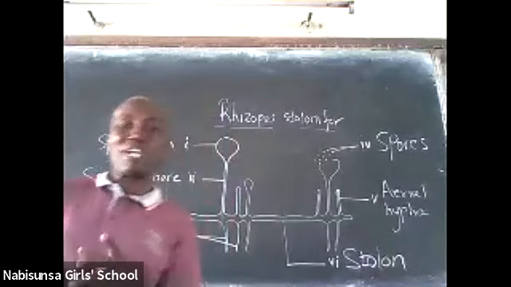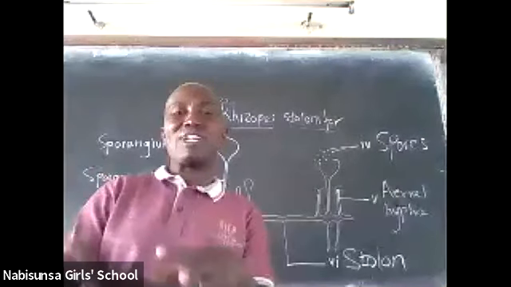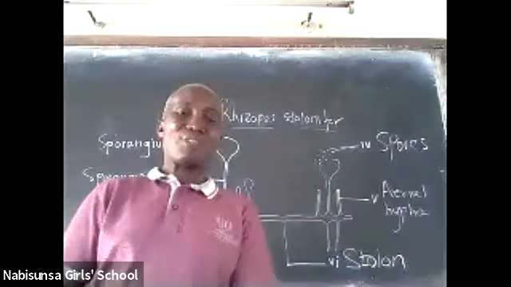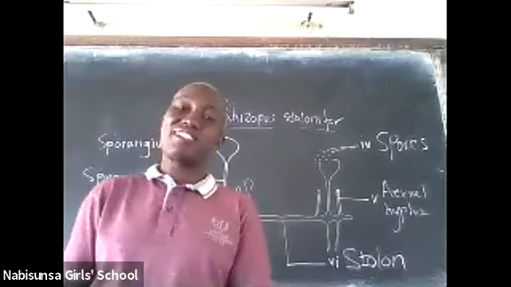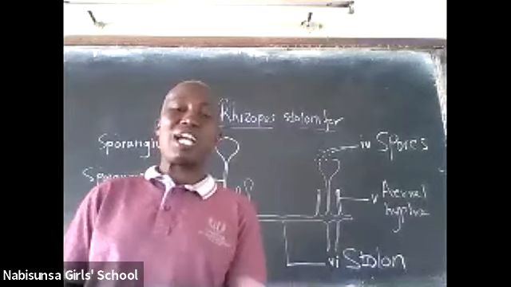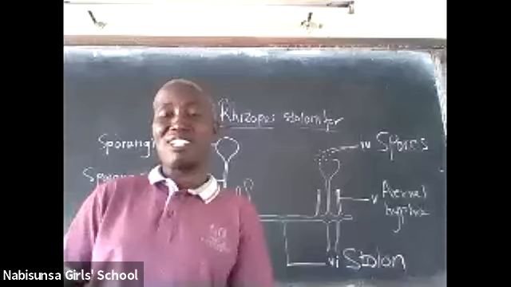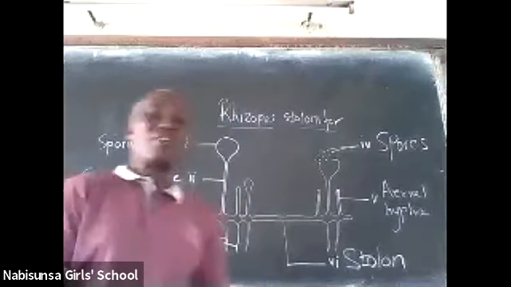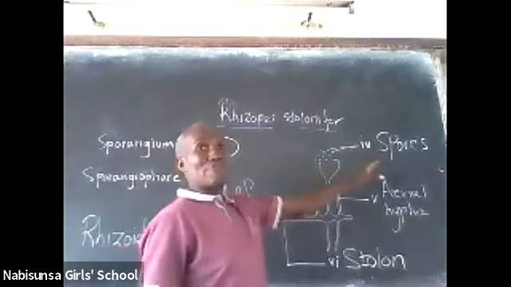Two, after the baking, usually the bread is kept somewhere so that it cools. It's not put in the container when it is hot. So during that time when it's left there to cool, the spores could come in and land onto the bread. Those are the ways the spores find their way onto the bread. Okay. Thank you.